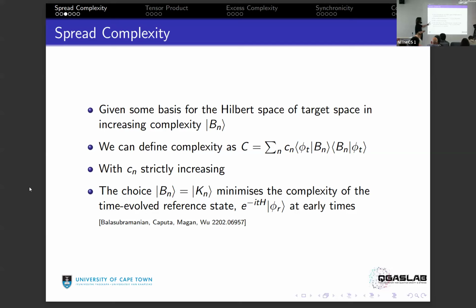Then the choice that minimizes that cost function is the Krylov basis. So the Krylov basis is a natural choice to use. There's a second perspective that you can also take, and that is that what the Krylov basis really is, is complexity with an appropriate choice of cost function given the Hamiltonian and superposition. And this also fixes the Krylov basis as the minimum choice, the best choice that you can put together your